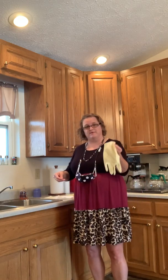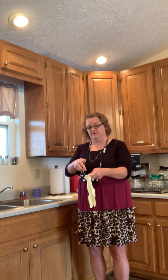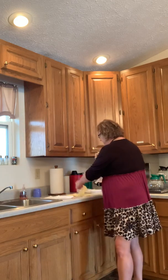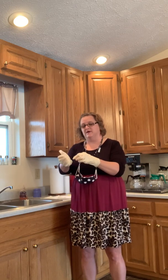First of all, you just grab it by the base of it here where your hand's going to go in. And these aren't sterile gloves, so we don't have to use sterile technique. However, we want to be as clean as possible. You always wash your hands prior to using gloves, okay? And then you slip your hand in, and then you grab the other glove at the base, and you put your other hand in. Now, after I've used these and I've got my meat ready, then what I'm going to do is you're going to grab this bottom part of the glove here, pull it out, grab the other bottom part, and pull it